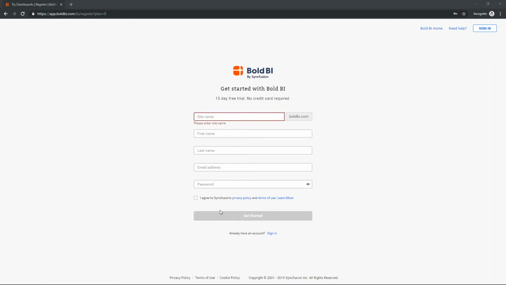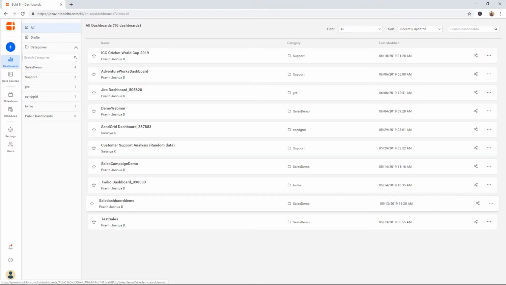So once you are done with this registration process, this is how the application will look. I have a list of dashboards here. It will right away take you to the dashboards listing. Initially you'll have an option to build a dashboard. On the left side of the application, we have different options such as dashboards, where you can see the list of dashboards that you have. We also have the data sources listing. We have options to create slideshows and schedules,